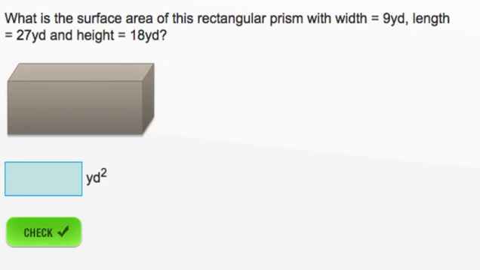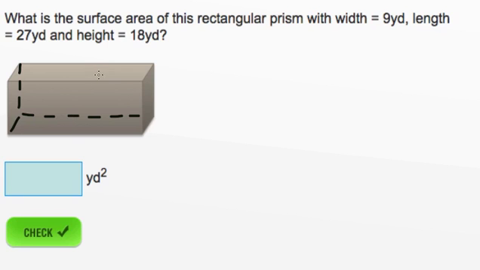What is the surface area of this rectangular prism? Remember that the surface area of a rectangular prism is simply the area of the 6 rectangles that cover it. We don't have to figure out all 6 areas because we know that the top and the bottom rectangles are the same, the right and the left rectangles are the same, and the front and the back rectangles are the